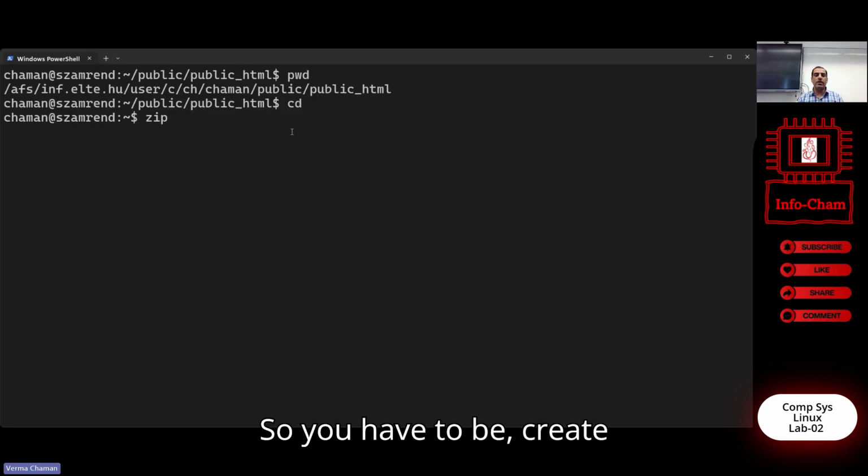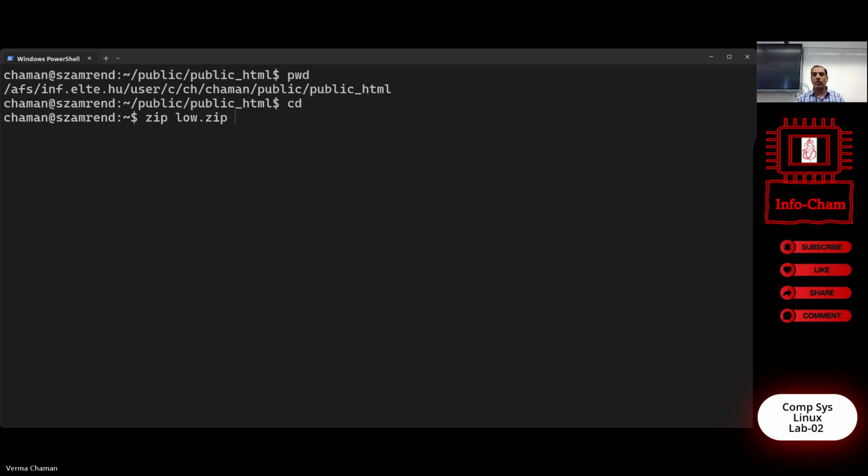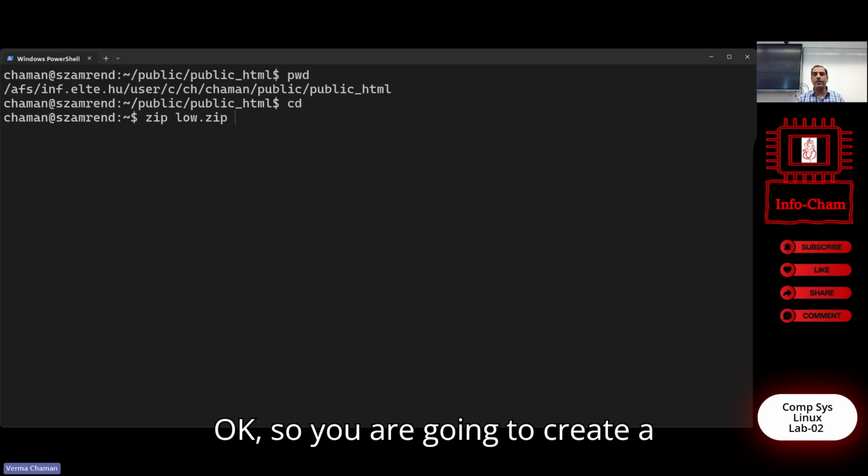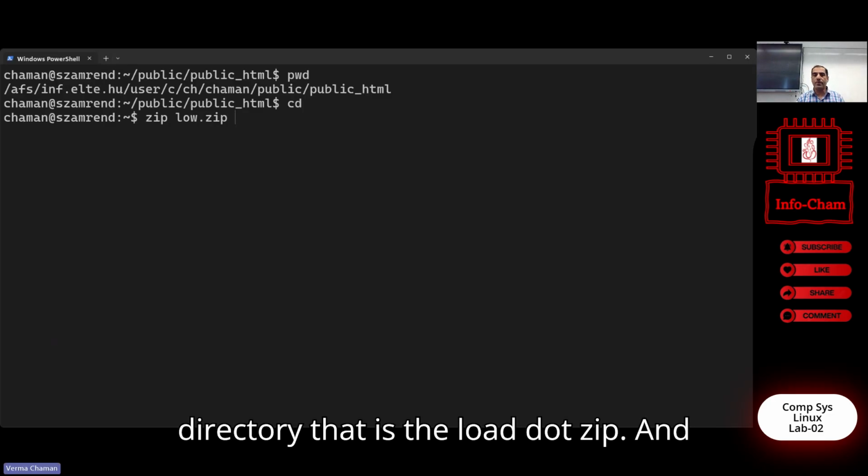You have to create a name for the archive here. Example, let's say load.zip. So you are going to create load.zip,